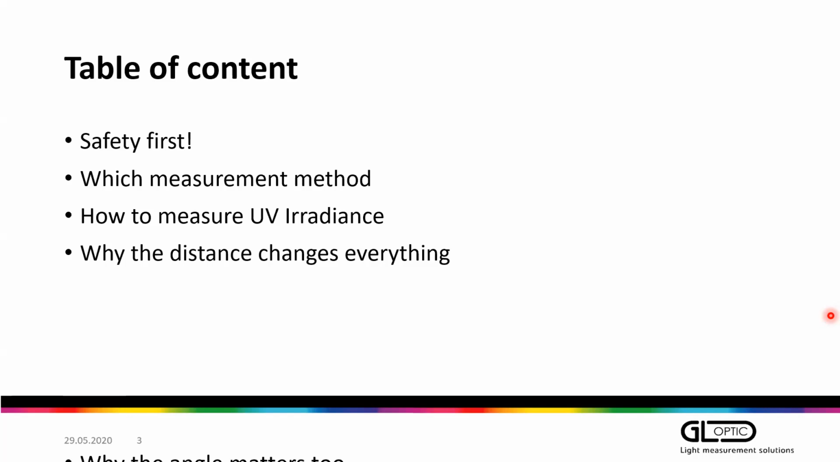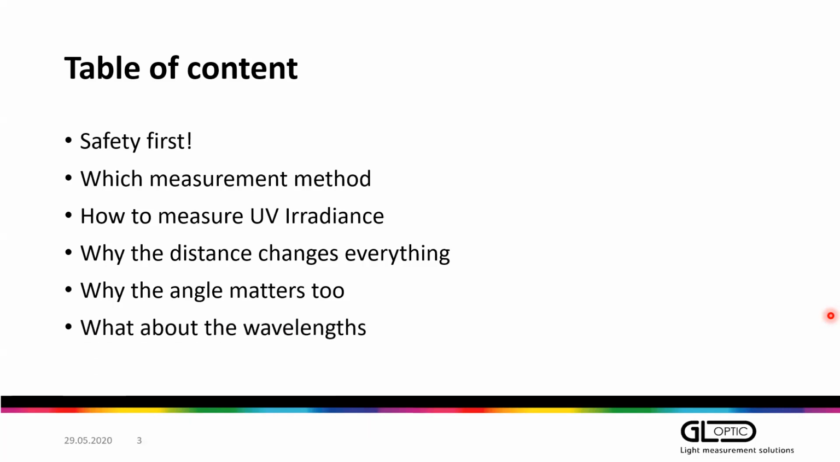So the distance and why it's changing everything. Then we will take a look at the angles, so how angles are influencing the performance of UV LED lamps. And we will also take a look at the wavelengths issue. At the end of this presentation, we will also discuss some points regarding thermal stabilization or thermal control during measurements, but the same principles are important in relation to the new systems. Right, so let's start